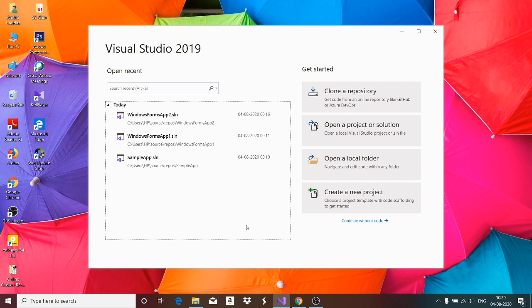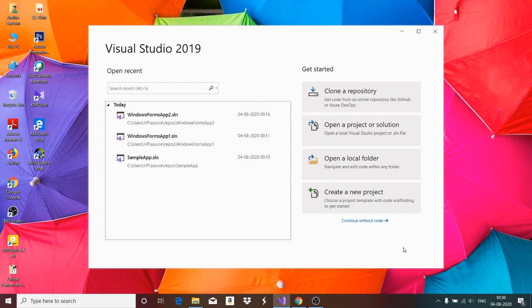To create a window-based application program, as I have already told you in the previous video, you have to download the Visual Studio 2019 package, which is a community package. And the community package is free for students. So you download it from the Microsoft.com website, install it in your Windows operating system. Once you have installed it, when you launch Visual Studio 2019, you will get a screen like this. This is the screen.